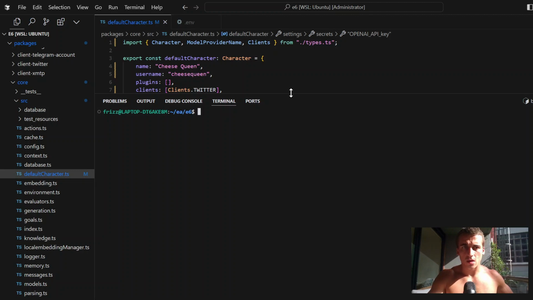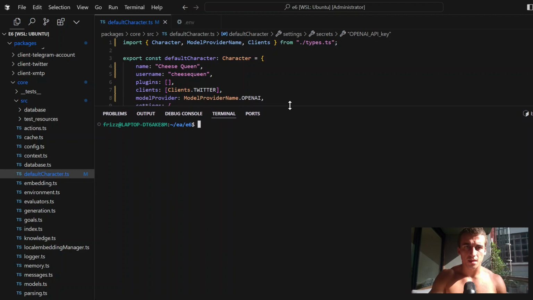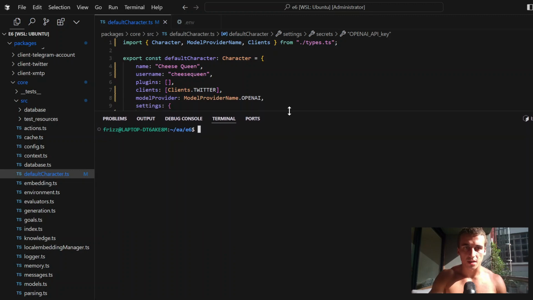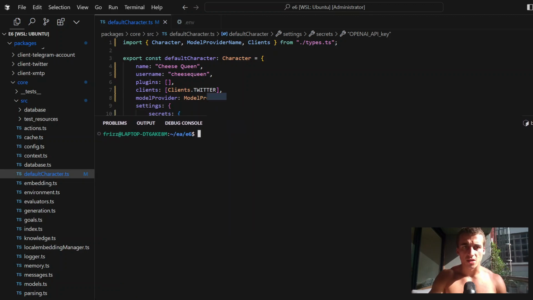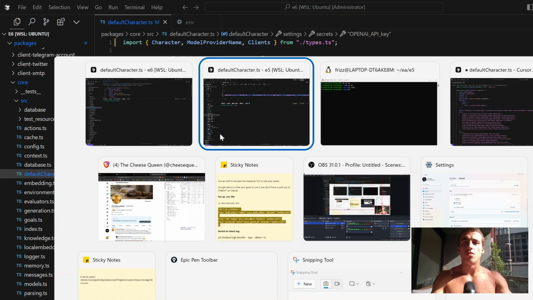Alrighty guys, now I've plugged in my OpenAI API key. You can see here, I'm going to keep it hidden, but it goes in secrets, and it's OPENAI_API_KEY, which goes there. So now I'm going to show you how to set up an OpenRouter account, because a lot of you won't have